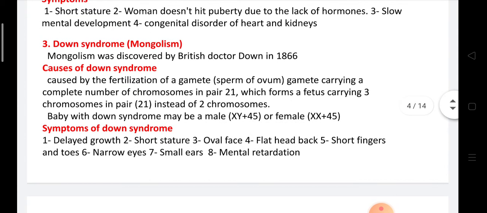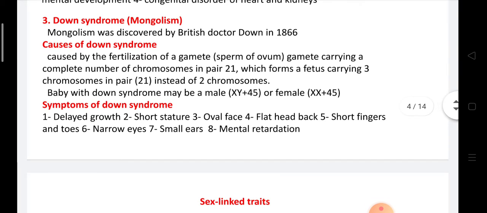The third and last one is Down syndrome. Down syndrome is called Mongolism. Mongolism was discovered by the British Dr. Darwin in 1866. Causes of Down syndrome: fertilization of a gamete, sperm or ovum, carrying a complete number of chromosomes in pair 21,